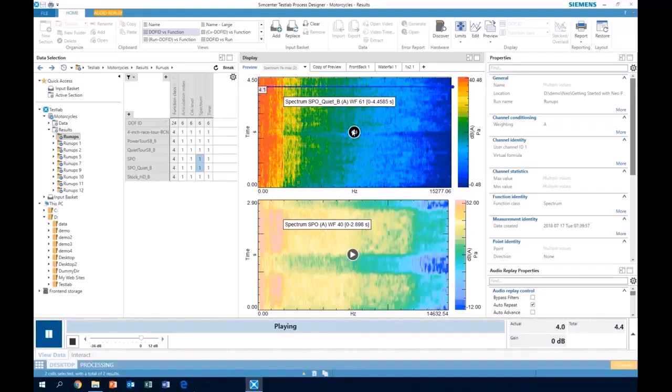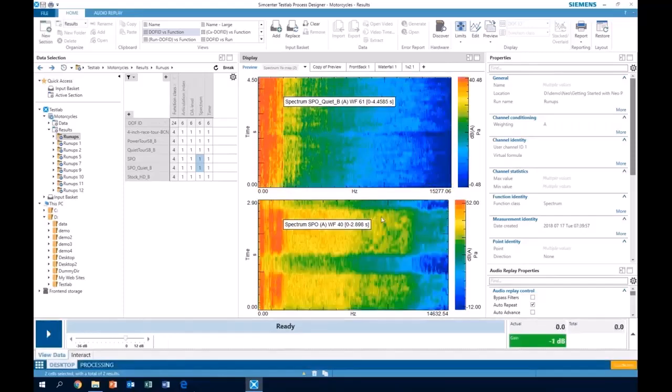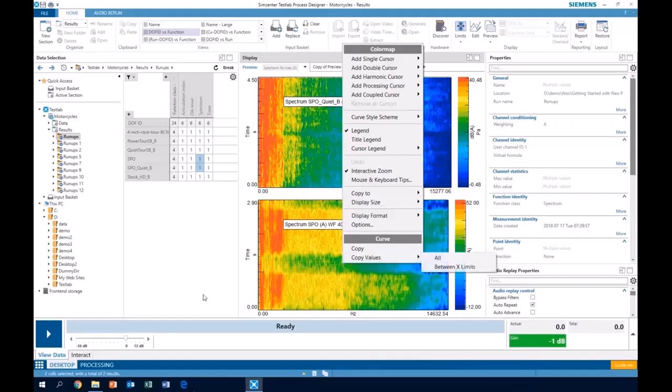And you may or may not hear it depending on how GoToWebinar is working, but it's playing this one. And then if I want to hear this color map, I just click over here and I hear it right away. So I can click instantly back and forth between the two color maps. In Classic, I would have had to right click, pick audio replay. After listening to this one, I'd have to right click audio replay again. Now I can just click back and forth.